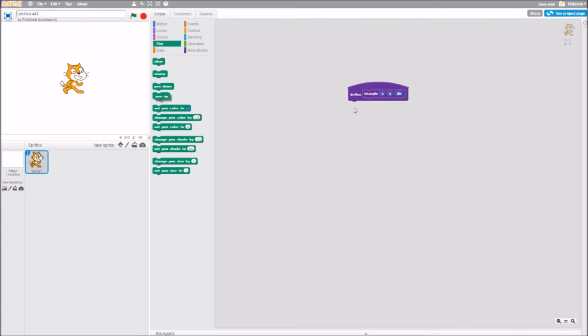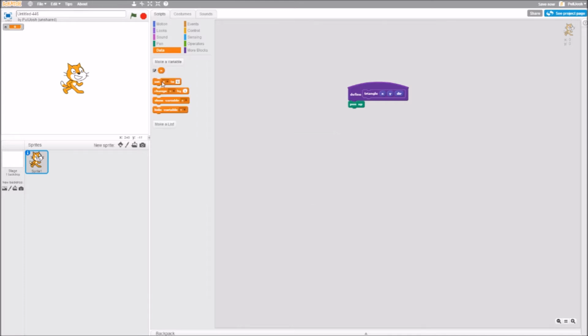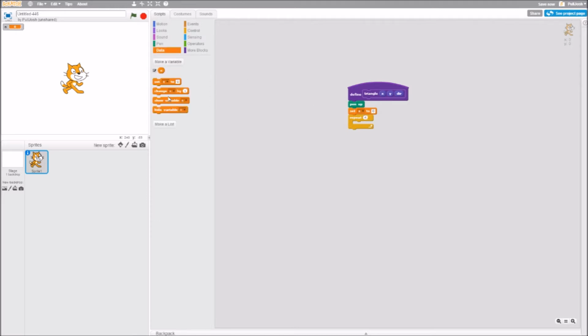So you can say, alright, pen up, set N. I like to use N as a counter variable. It doesn't really matter what it's called. Set N to 0. Repeat 4. Change N by 120, I believe. And then we want to